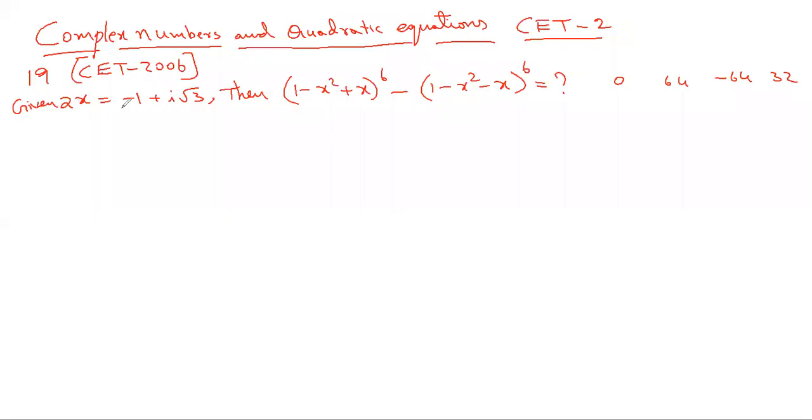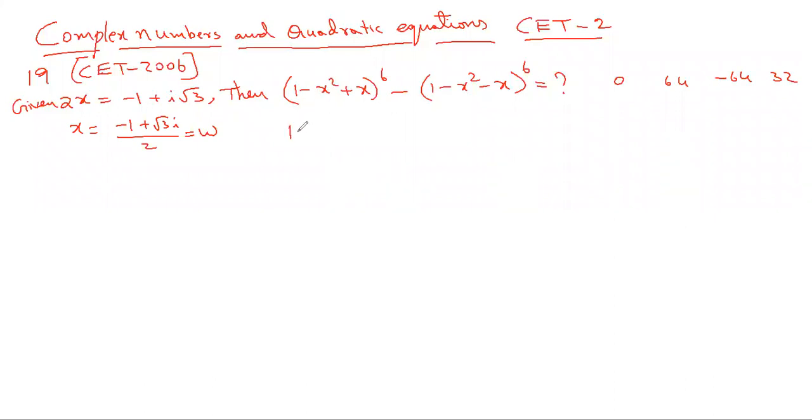When they're given 2x is equal to minus 1 plus i root 3, you can write x is equal to minus 1 plus root 3i by 2. If you remember the values of omega and omega square, it will be an advantage. And if you see, this is nothing but omega. Minus 1 plus root 3i by 2 is omega, minus 1 minus root 3i by 2 is omega square. If you remember that point, then you get an advantage, and then we are done with the problem